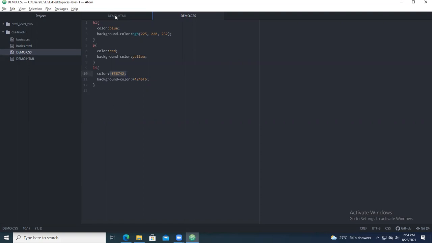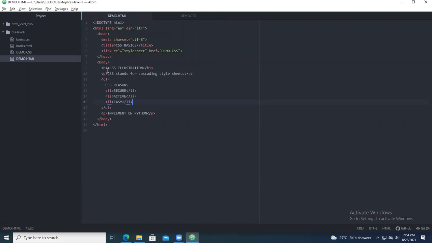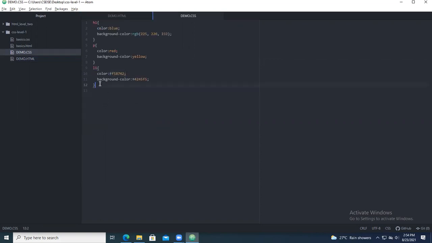Okay, so now we have gone with a H1 tag. Next you have seen P tag. Next you have gone with a list LI tag. Now you come for the entire body tag. So now you apply the settings for the entire body tag. So I take it as body, bracket open, close. So inside that entire body, you can have background color or a background image. So for now, I'm going to illustrate background color.